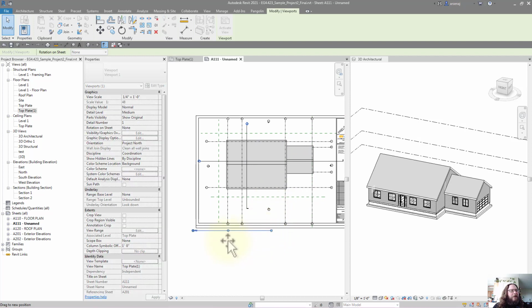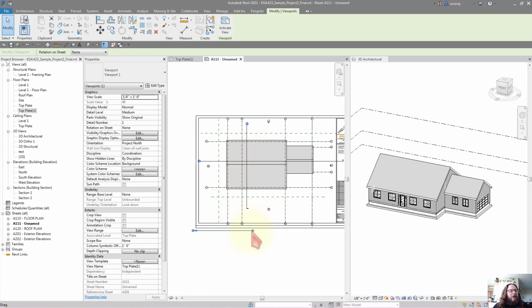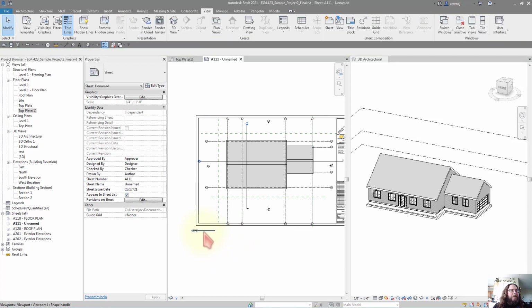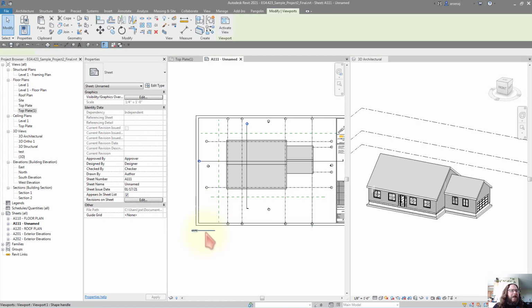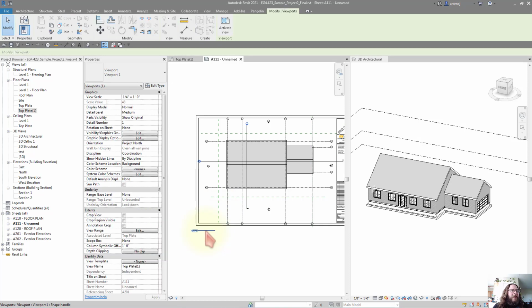At this point, I'm going to resize my title since when I have this view selected, I can resize it. I'm going to hit escape or pick off the screen. Hover back over just the title, not the view, because if you hover over the view, you can't move the title independently. So I'll hover over the title, pick it, move my mouse so that I get the little move cursor, and then move my title